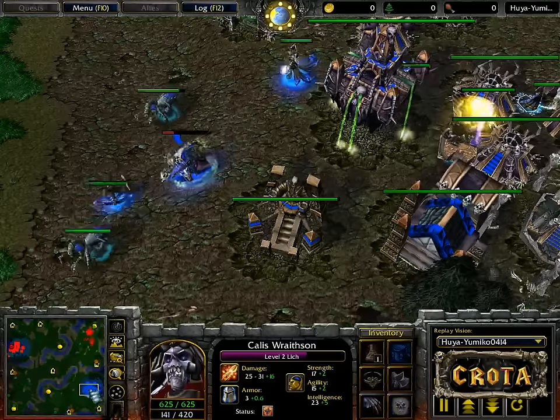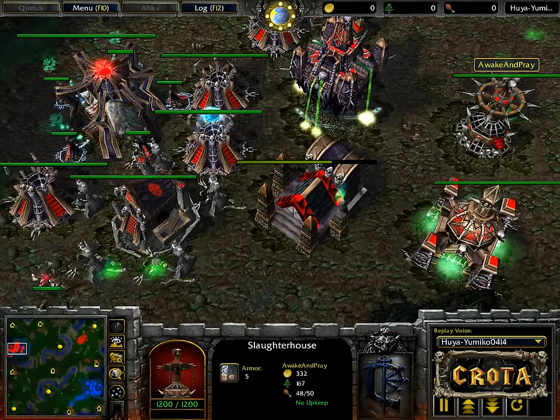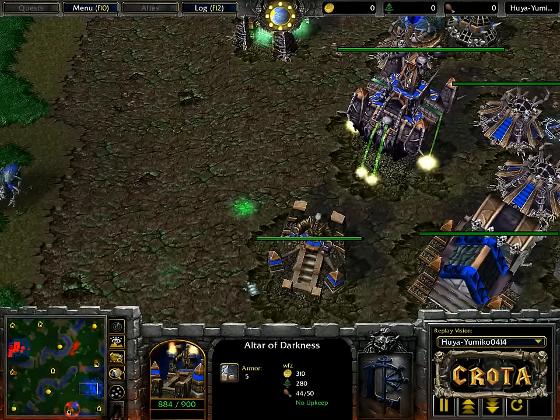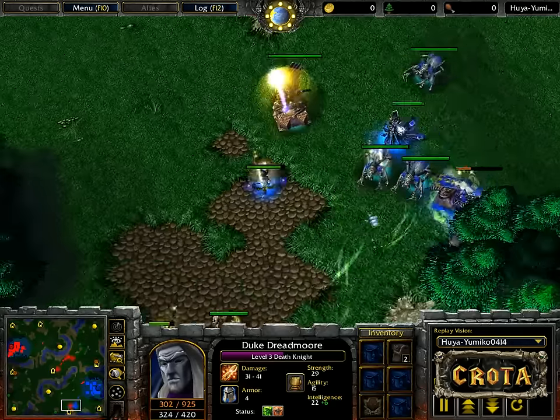And that may be it. In a close match like this, 1 or 2 Crypt Fiends may be the difference between victory and defeat right now. 48/50 compared to 44/50. There is that slight difference there, as the Death Knight picking up a Potion of Lesser Invulnerability, Dust of Appearance,